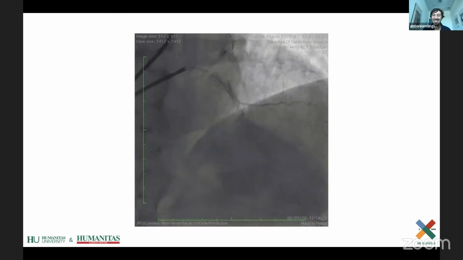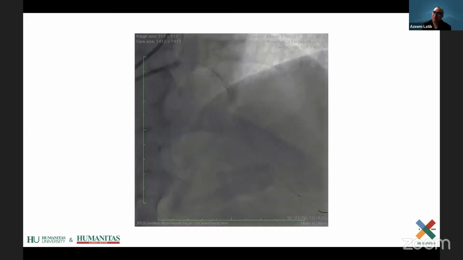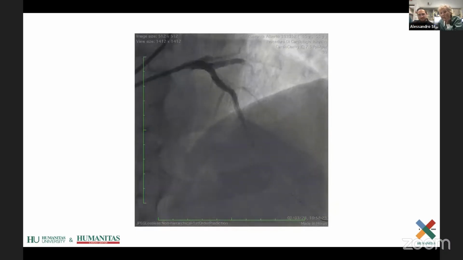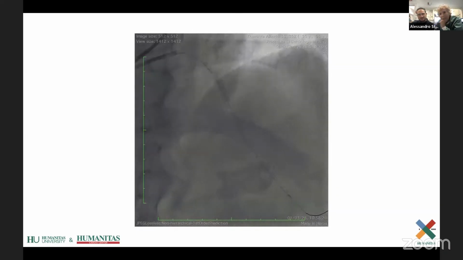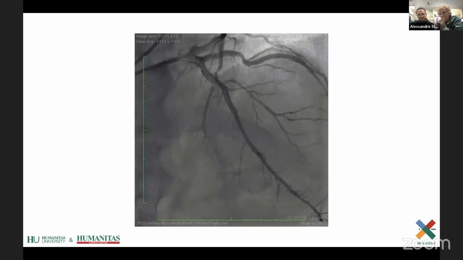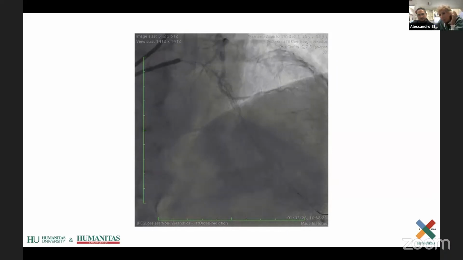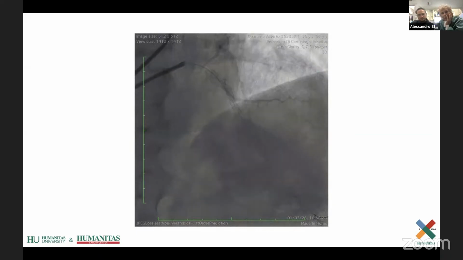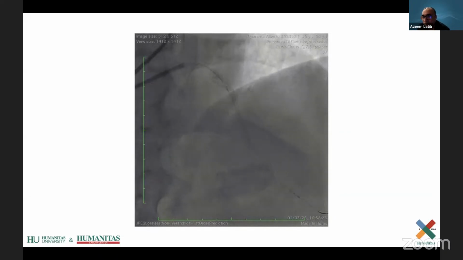In any case, that's not old. I think that rotablation is still very, very good today. And then the diagonal, I think it doesn't look very nice. So I don't know if you did something more in this diagonal. It's a long but small vessel, so probably insisting with a balloon maybe would have looked better. But I might have gone back at the end and kissed and maybe put a drug-coated balloon or something